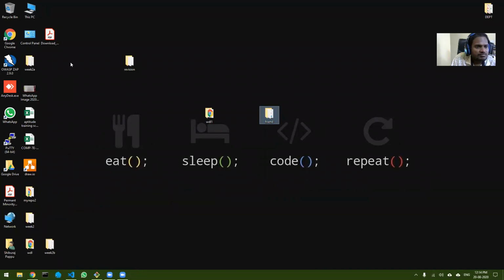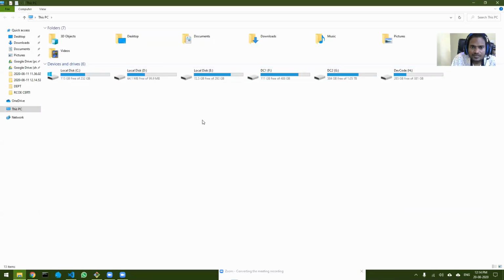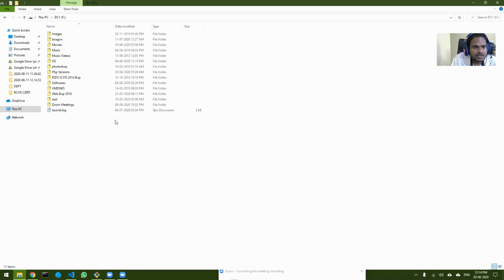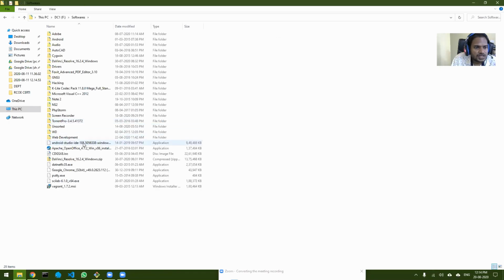Now let's suppose, let me take any software. Do I have a small software? Let me go to my softwares folder, and let's take putty. It is only 484 KB. Let's suppose I have developed putty and this is the compiled version of my software.